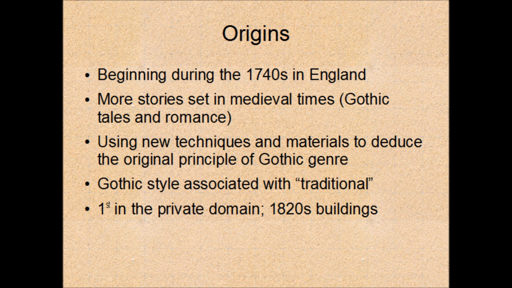The Gothic style became widespread in the third quarter of the 19th century. While the neoclassical style of the 18th century was associated with radical perspectives, the Gothic revival was associated with traditional values such as conservatism and monarchy. The first manifestation of an interest in the medieval era was in the private domain, but around the 1820s some buildings were also designed in the Gothic model.